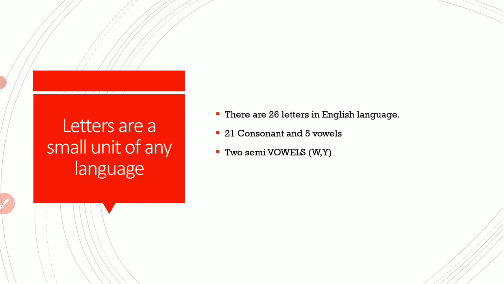Talking about letters in detail, we have already uploaded a video on letters in language, and we have shared all the important details related to letters in that previous video. You can go there and watch that completely to gain enlightenment in that area. Briefly, there are 26 letters in the English language, among them 21 consonants and 5 vowels. We also have two semi vowels, W and Y, and they are called special letters.